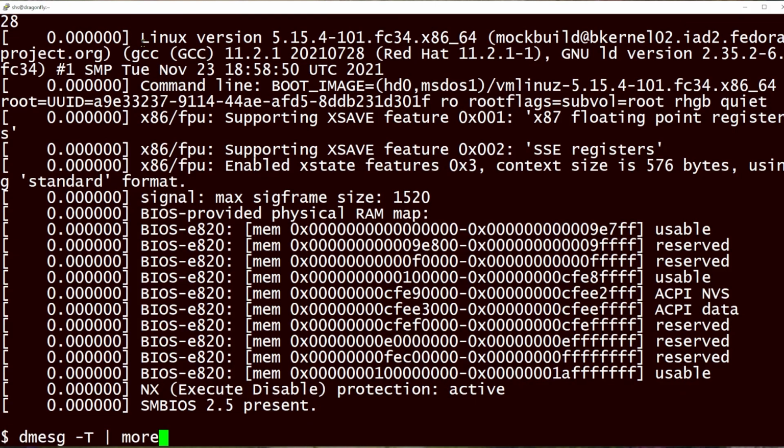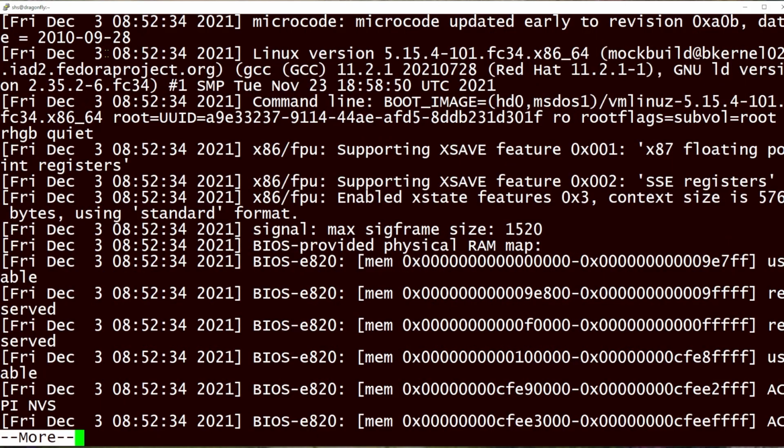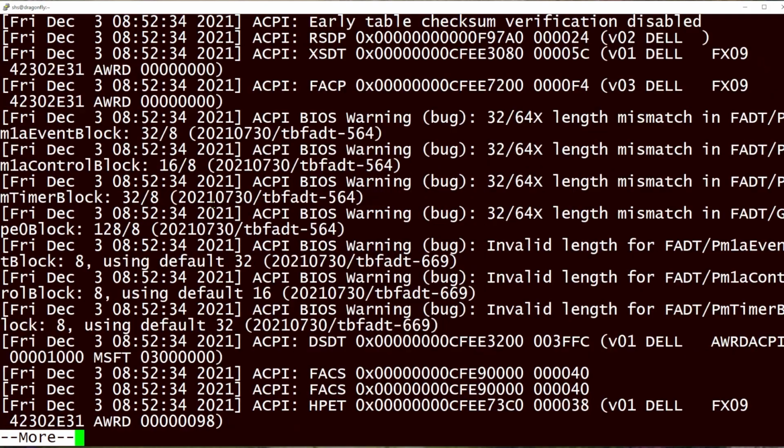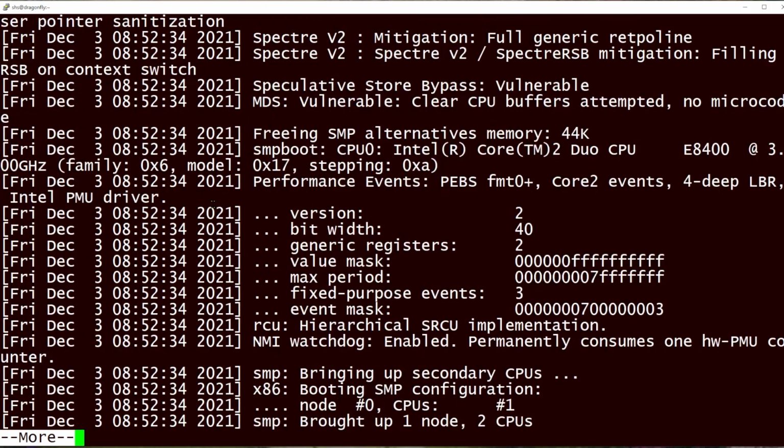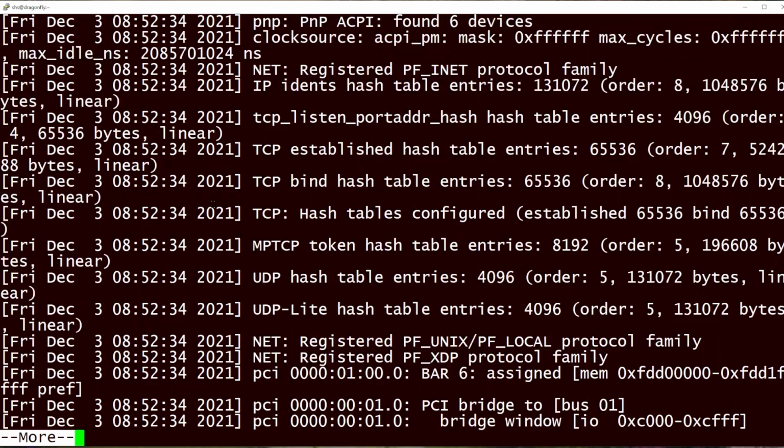Now, if you want to see real times, you can use the -T, and as you'll see, dates and times. And again, we see a lot of messages at the very beginning that all have the same date and time because a lot of messages are generated when a system boots. We can go through that. Eventually, the dates will get a little later.